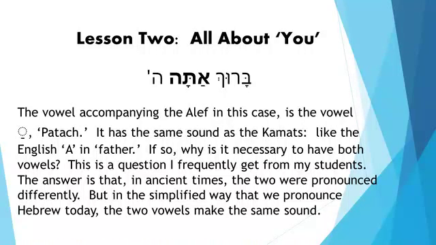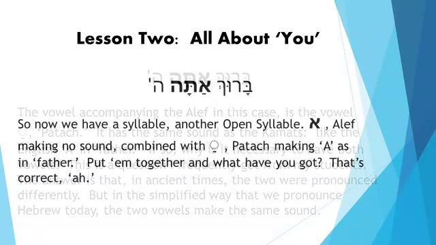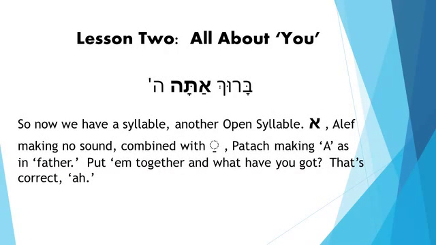This is a question I frequently get from my students. The answer is that in ancient times, the two were pronounced differently, but in the simplified way that we pronounce Hebrew today, the two vowels make the same sound. So now we have a syllable, another open syllable, aleph making no sound, combined with patach making "a" as in father. Put them together, and what have you got? That's correct,